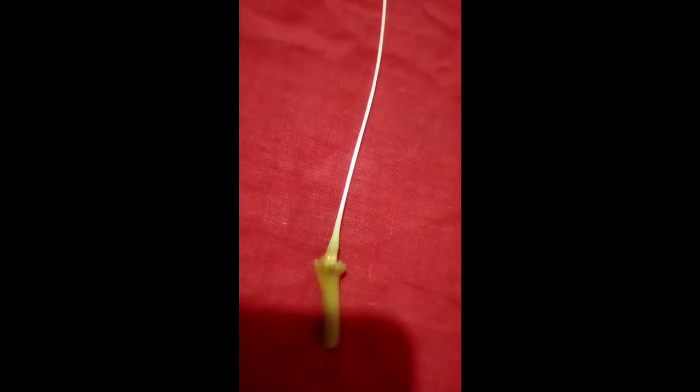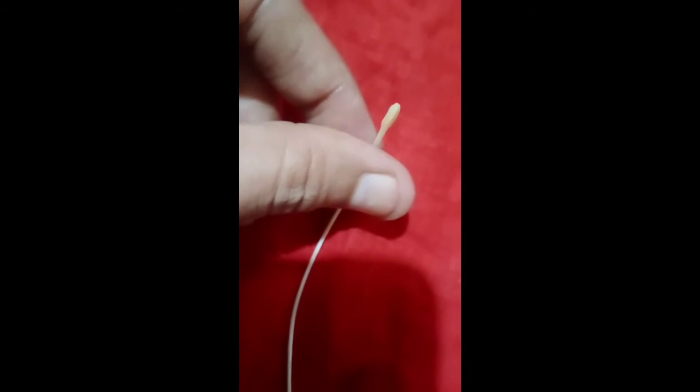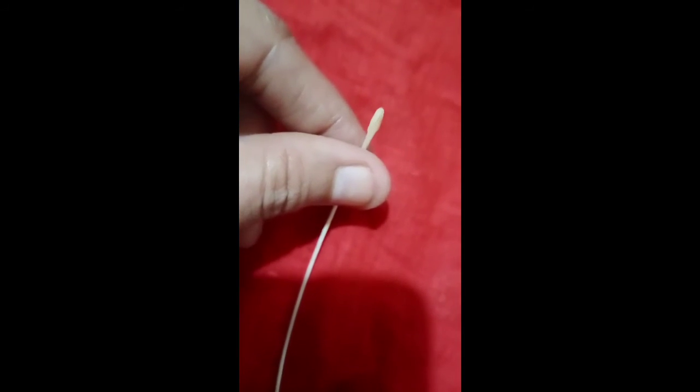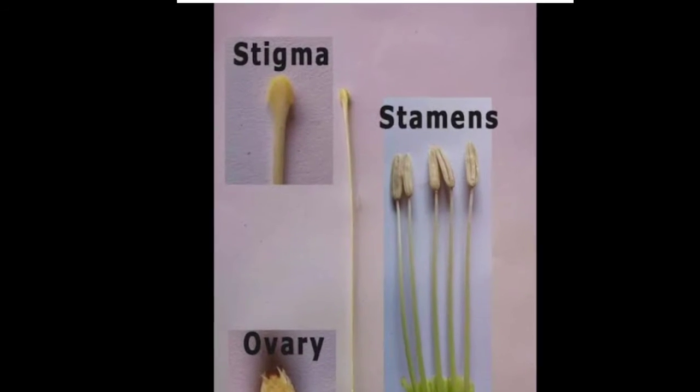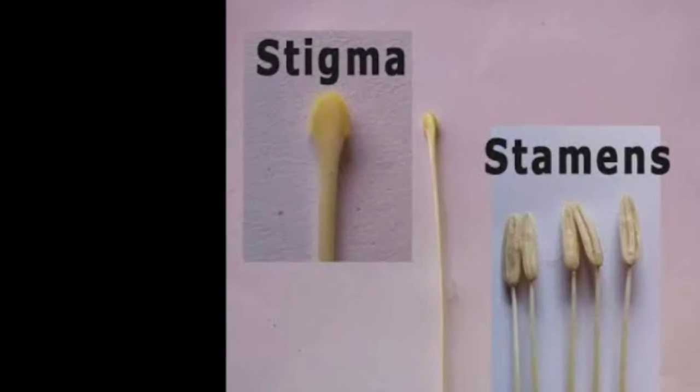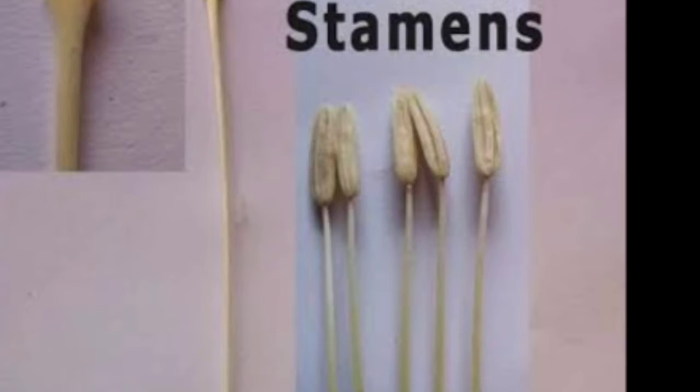Can you see it? This green color part is ovule. And if you tear it from inside, we will see what is in our next video. Look at this part. This ovary, style, and the upper part is stigma. Stigma is the part where pollen grain deposit, and as soon as it settles here, it forms a tube. This is stigma part. Watch carefully.